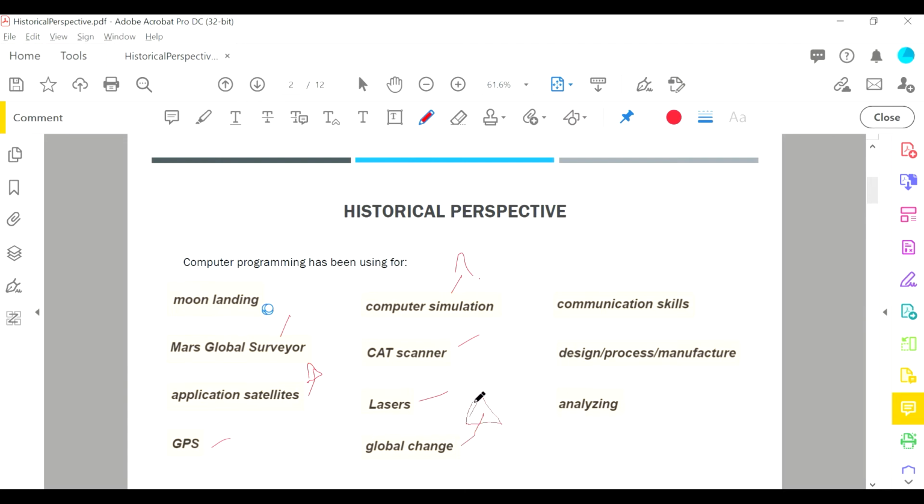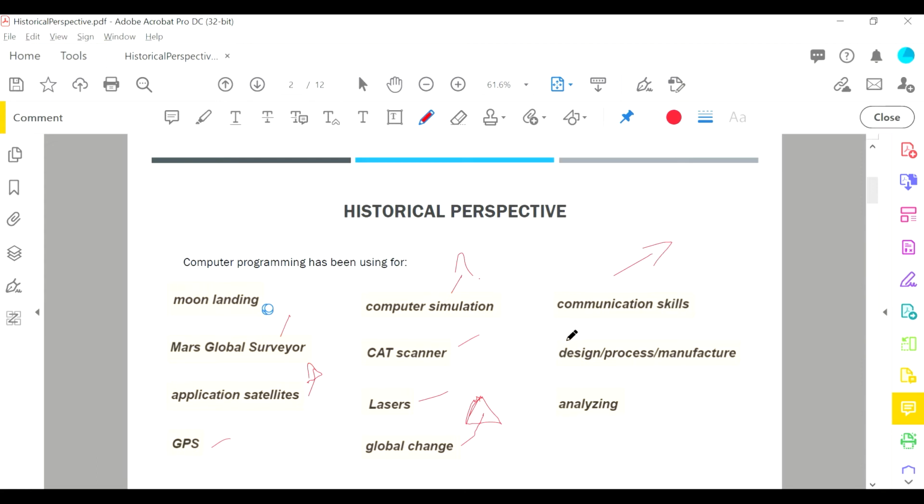I took this from the book, and I'm not sure what they meant with this. I'll have to go back and read. So I took it as global change, meaning that programming has changed the way we work, the way we solve problems, the way humans have evolved, because it's advanced science so much. Communication skills. Obviously now we can communicate, A, with more people faster, and B, there are softwares that help you convey your ideas much better, with better grammar, with better